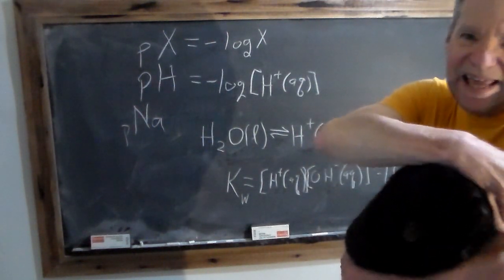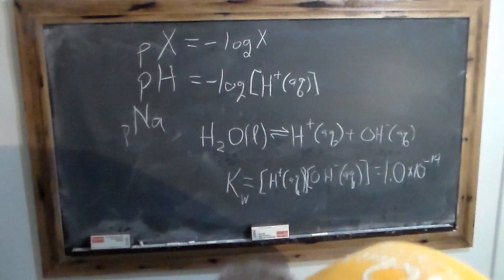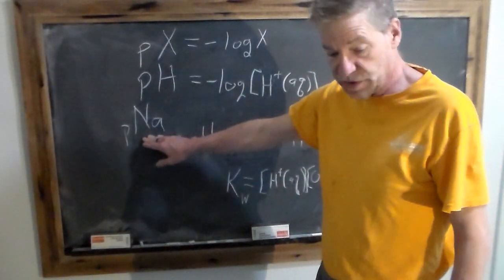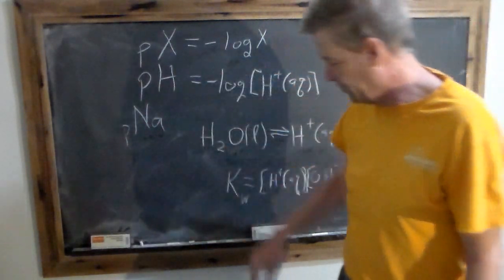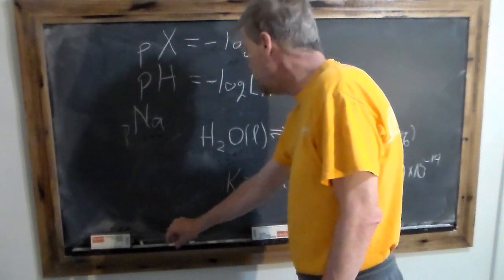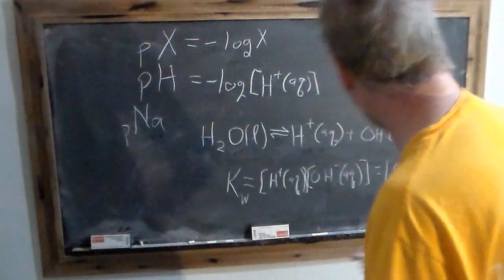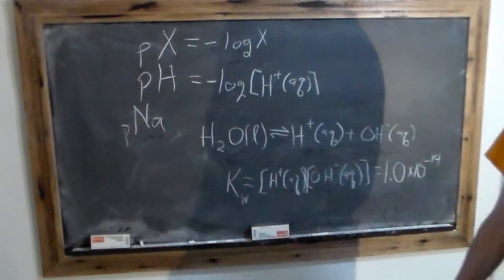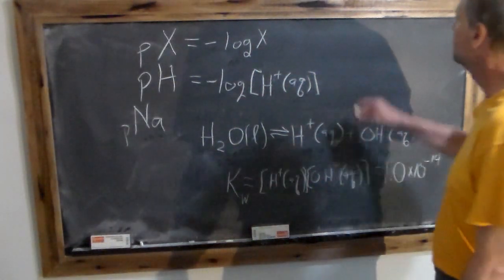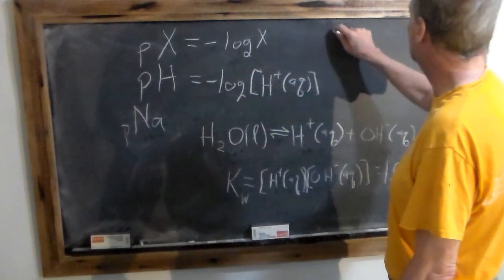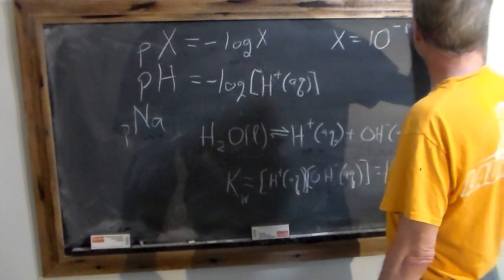Anyway, Na is the atomic symbol for sodium. What they reported on my labs were my sodium levels using a pH scale, using a pNa scale, negative log. Now, here's the curious thing. If you know pH, you're actually being given the concentration of the hydronium ion, because for every mathematical function, there's an anti-function. If you want to know the actual value of that number, x, it's just 10 to the negative px.